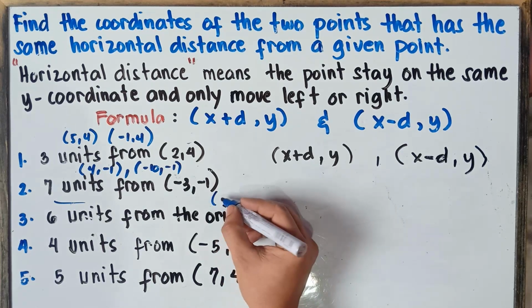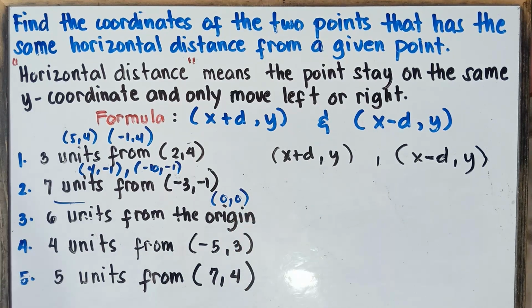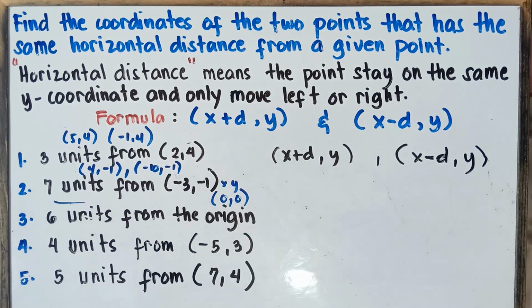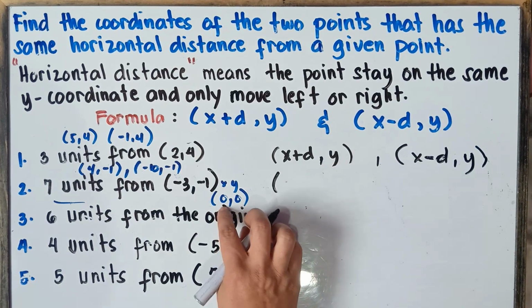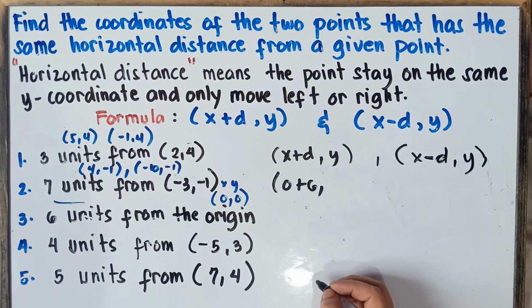0 and then 0. Once again, class, our origin, the x value is 0 and the y value is 0. So 0 and then 0. So this is x and then y. So x value is 0, y value is 0. Alright, so this will be x is 0, so 0 plus the distance is 6, comma, and then y value,